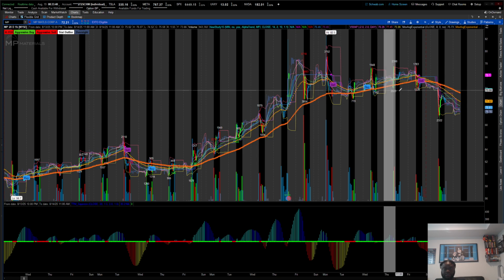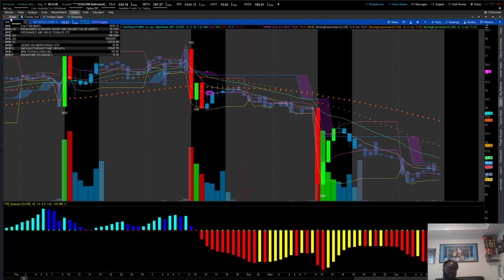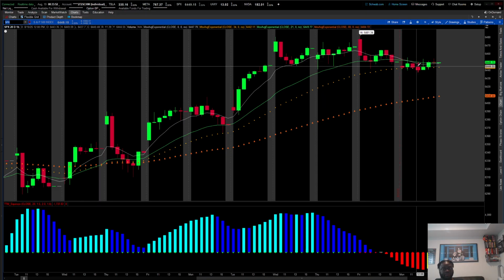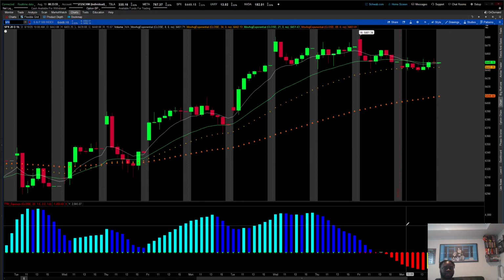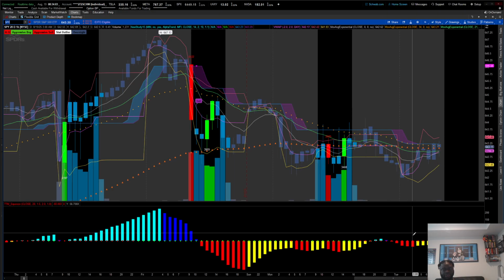So you got your buy signals and you got your moving averages, and this is what's going to help you kind of exponentially, kind of like 10x your trading, if I would say, because most stocks trade above these moving averages. So if it's above it, it's bullish. If it's below it, it's bearish. The buy and sell signal doesn't work on SPX, which is a futures contract, but it does work on SPY, which is pretty much the same as